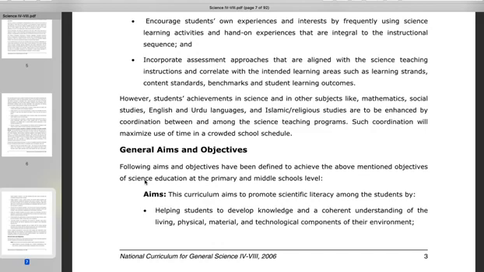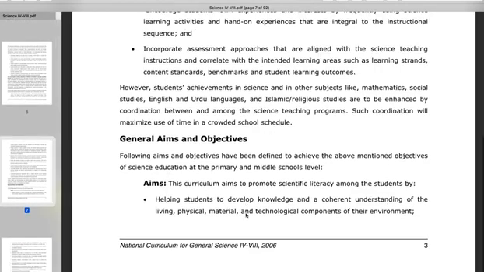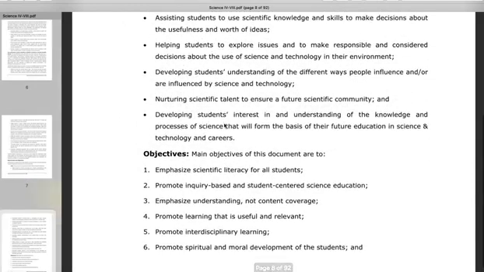हम यहाँ देख सकते हैं कि एम्स क्या हैं इस करिकुलम के, क्या मकसद है चौथी जमात से लेकर 8वीं जमात तक के बच्चों को साइंस पढ़ाने का। तो इस मकसद को उन्होंने ओवर आर्च किया एक सेंटेंस में, The curriculum aims to promote scientific literacy among the students. कैसे? देन ये डॉक्यूमेंट उसको डिफाइन कर रहा है। फॉर एग्जाम्पल, by helping students to develop knowledge and a coherent understanding of living, physical, material and technological components of their environment, and there are so many others. हम इसको देख सकते हैं क्या है। उसके बाद ये डॉक्यूमेंट बात कर रहा है कि इस करिकुलम डॉक्यूमेंट के मेन ऑब्जेक्टिव्स क्या हैं।